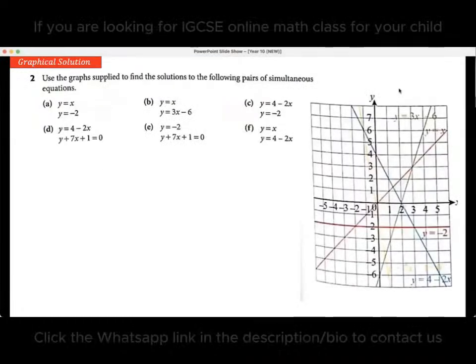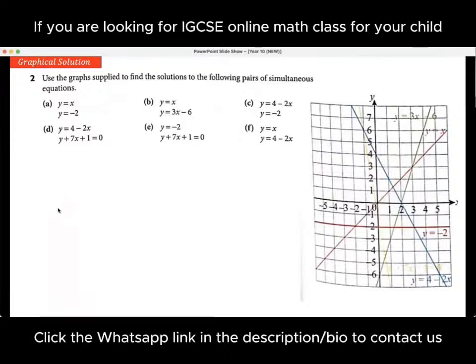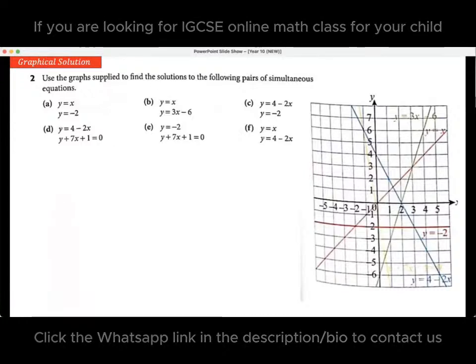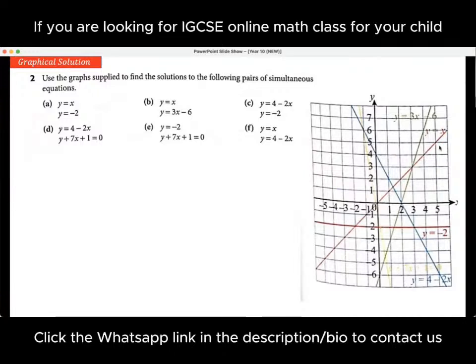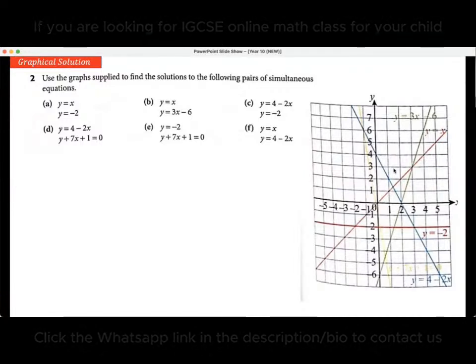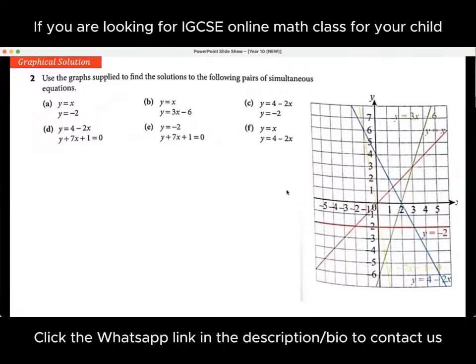Okay, so now for this one, it'll be quite straightforward. Use the graphs supplied to find the solutions to the following pairs of simultaneous equations. So you are given a graph. All the graphs have labels showing which line is which. So you just need to find the intersection point, then find the solutions. So for example,